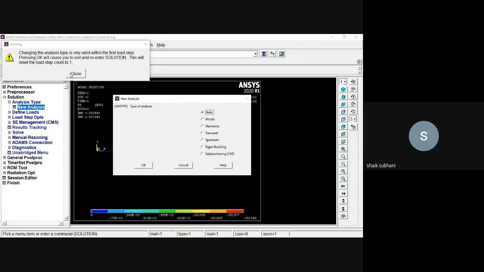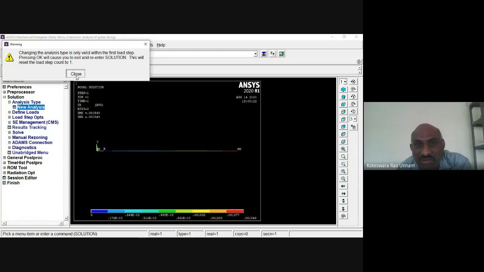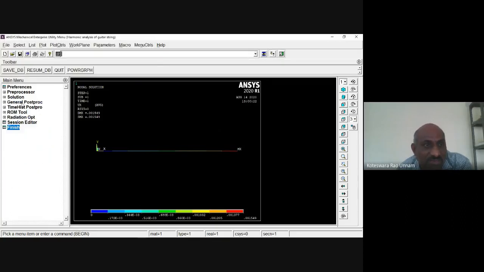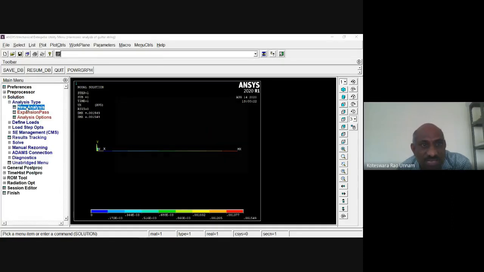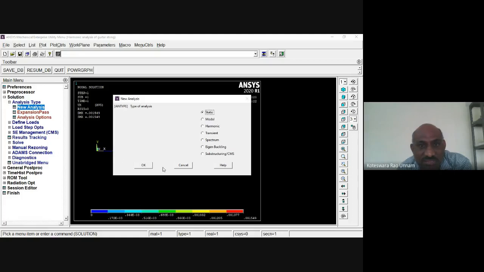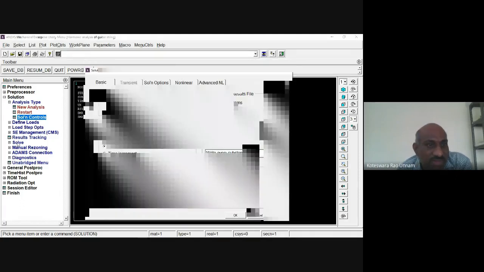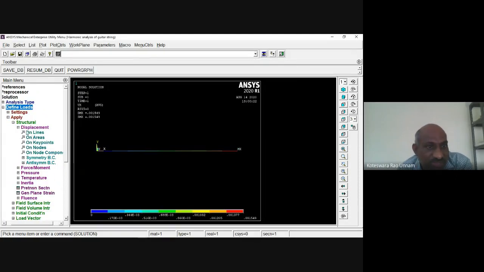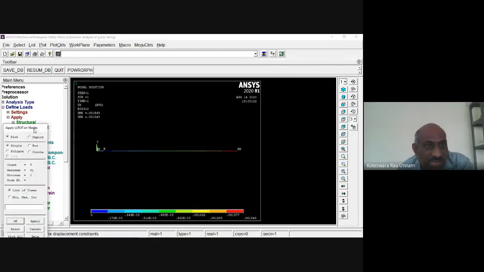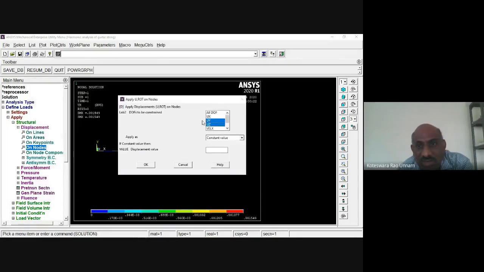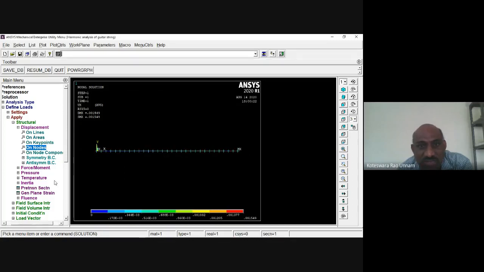Yes, sir. Like I said, you avoid this. You need to do it like that. So you need to click finish. Then you can go for analysis type now. I'll change it to static analysis. Then here I need to click this on. Then I need to constrain the displacement on nodes also. I'll pick all the nodes. I don't want to use a degree of freedom for all the nodes. I'll click OK. So obviously UZ is going to be fixed for this.